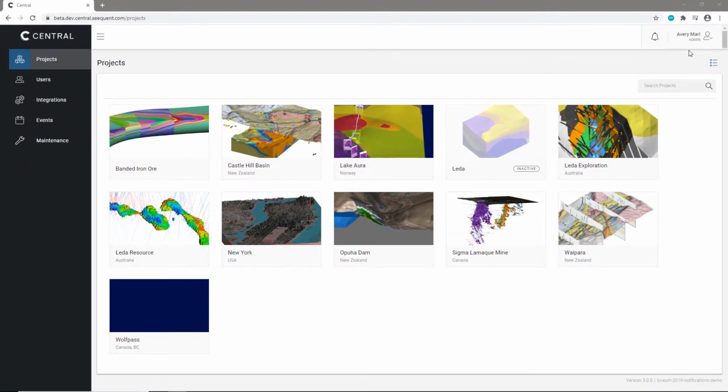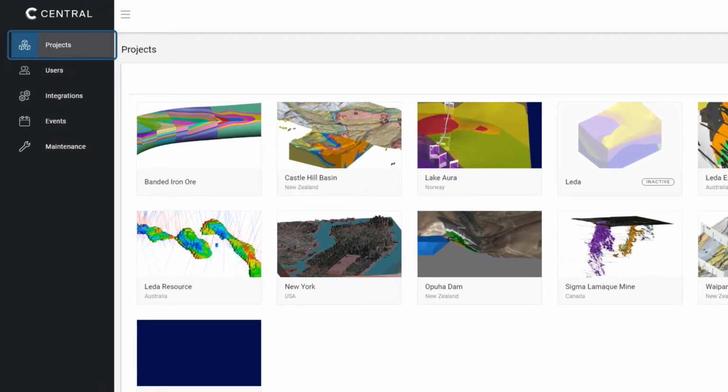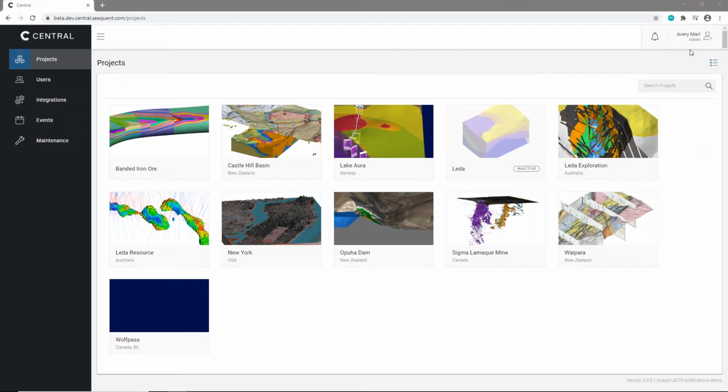Users are able to see the projects that they have created and uploaded, or projects that they have been given access to. If you have admin permissions, you will be able to have full and unrestricted access to the portal. You will be able to see all projects on the server, change project permissions and owners, create and update user entitlements and integrations, view all events, and maintain instances. We will continue this tour as administrators.